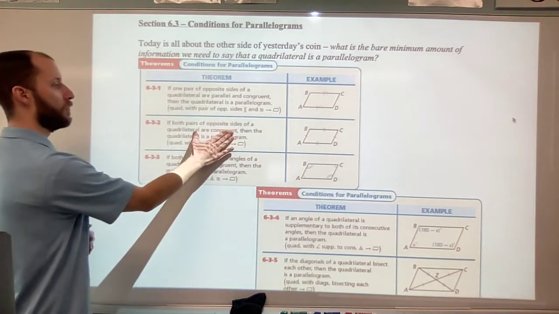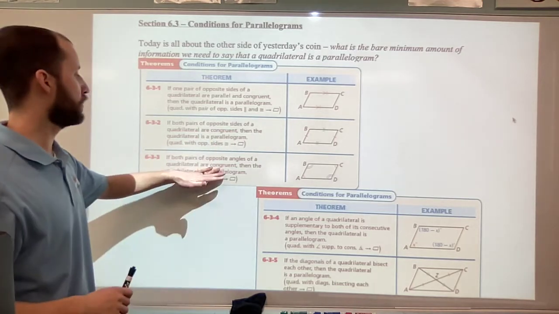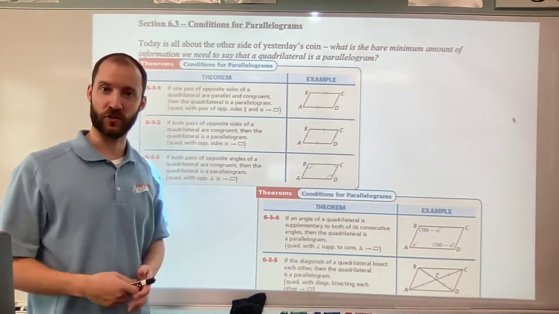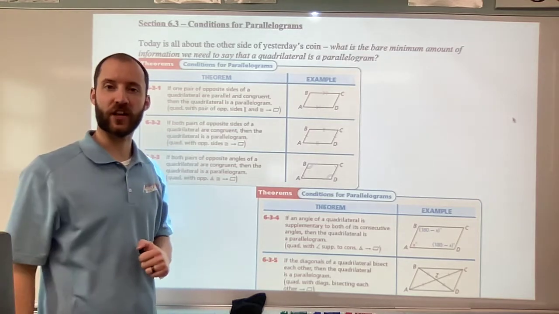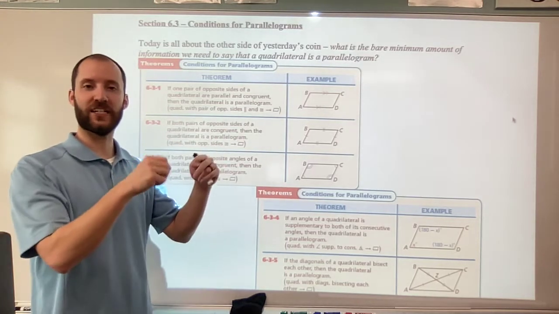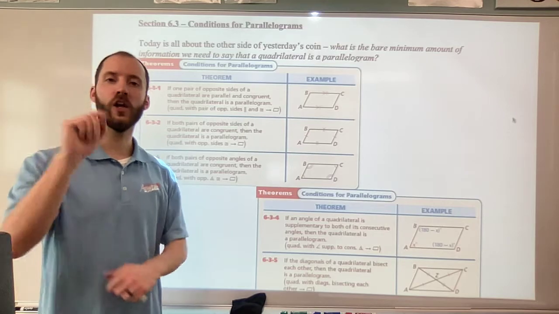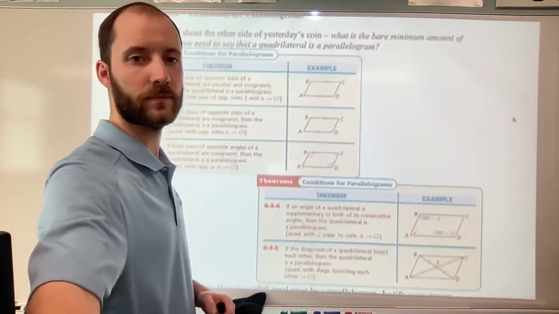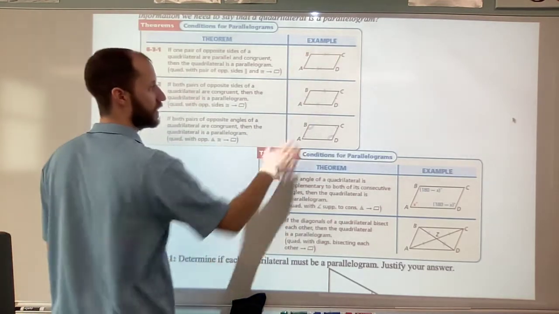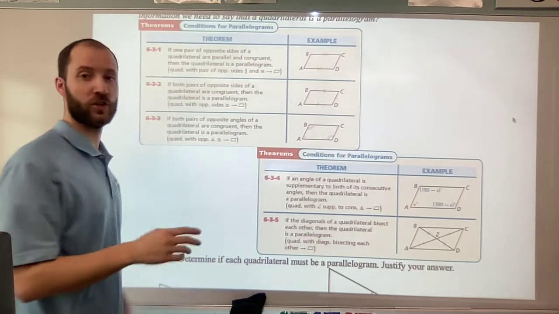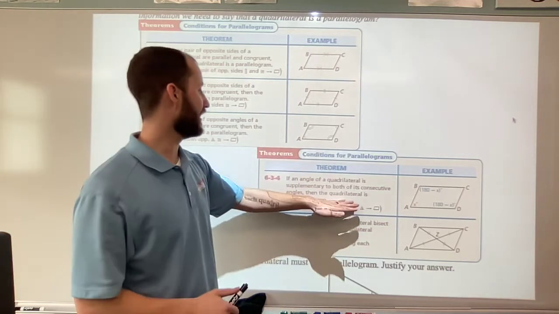Otherwise, both pairs of opposite sides are congruent. Both pairs of opposite angles are congruent. And of course, these we add to our first sheet in our chapter 6 notes, kind of conditions for parallelograms and then properties of parallelograms, along with the definitions. So one pair of opposite sides, parallel and congruent. Both pairs of opposite sides, congruent. Both pairs of opposite angles, congruent. And then here,